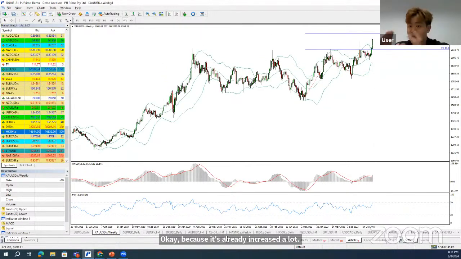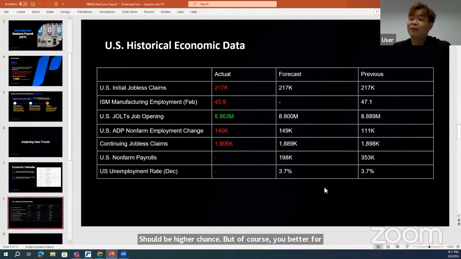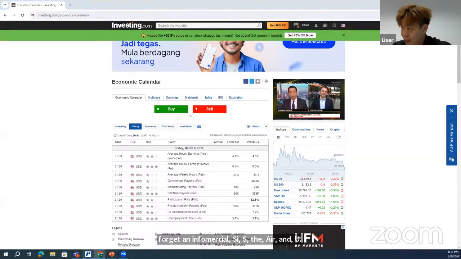So a lot of investors are actually eyeing it. They try to understand whether there are any chances they can consider doing some trades on the retracement. And if the data is really very bad, the trend for gold should be going higher, there's a higher chance. But of course, it is better for you to compare multiple data. Nonfarm payroll is just one of the crucial data. Don't forget the unemployment rate as well as the average earnings plus bonus. This is a crucial day.